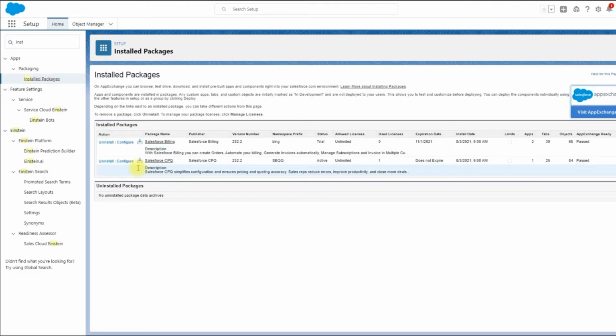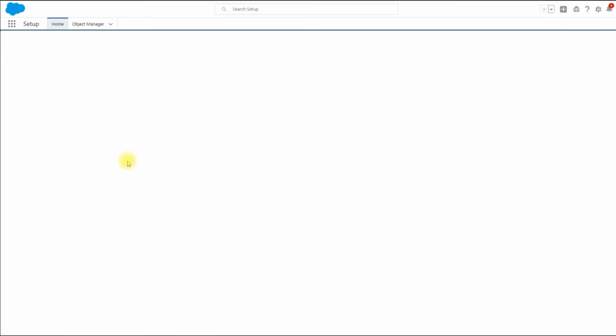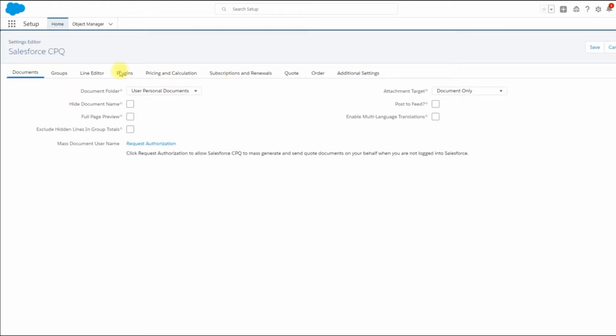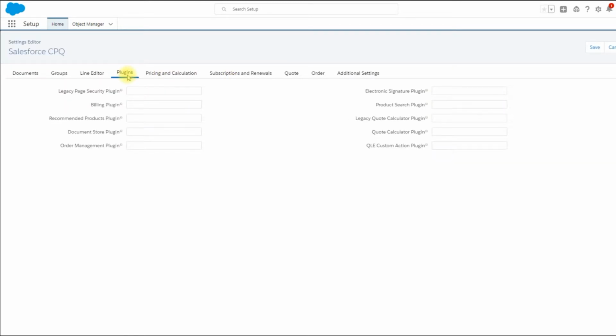Here it is, the Salesforce CPQ package. Click on configure, and here is the plugin tab. As you can see, the order management plugin is there. Let me set the order plugin. Okay, let me hit save.